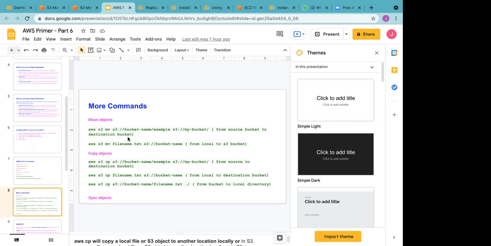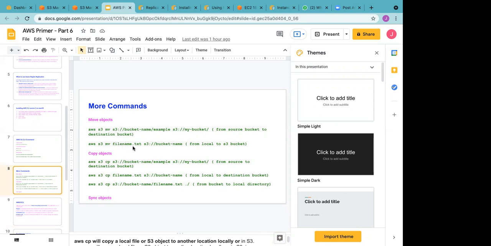How do we read this command? Again the AWS S3 service, MV is for move. The first part is your source bucket and the second part is your destination bucket. With the move command, whatever was in the source bucket would get transferred to your destination bucket, and your source bucket would become empty.